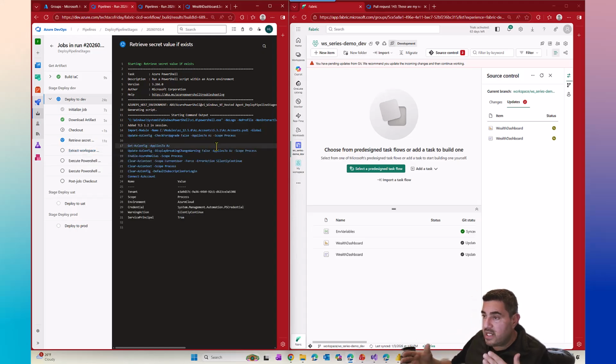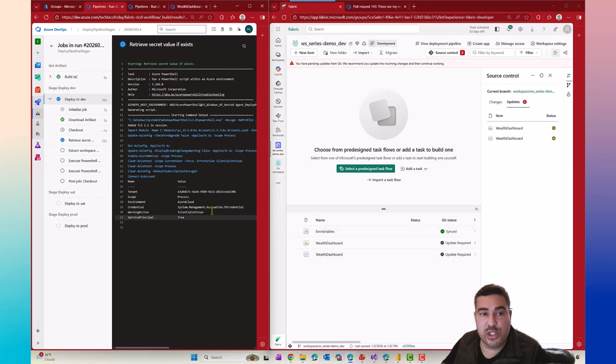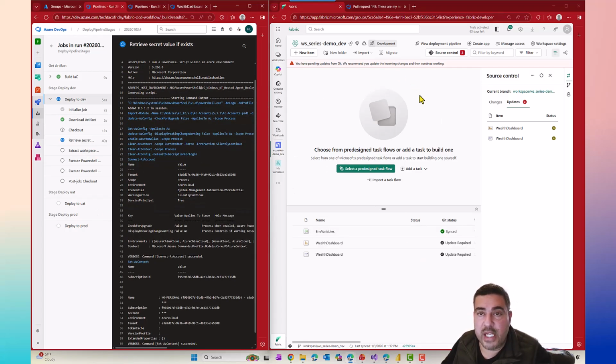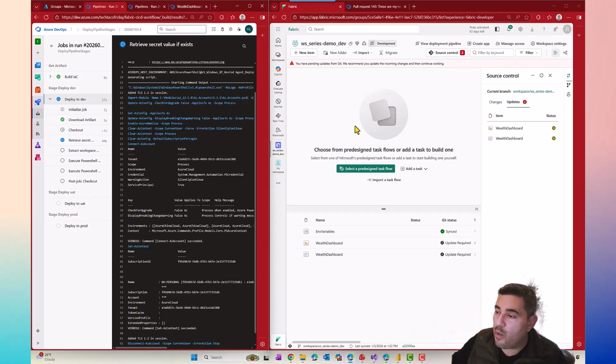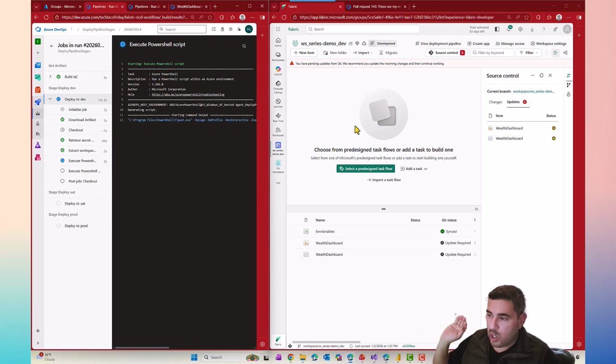And the way we do it is that instead of one person having to click update all every single time, what I'm doing right now is automating this process. So basically this pipeline is going to do three things. But the immediate one with regard to this workspace is as if you click the update all. This is automating this process. So that means that we can keep this workspace away from any direct development. And we're making sure that all your development and changes will funnel in the right way,